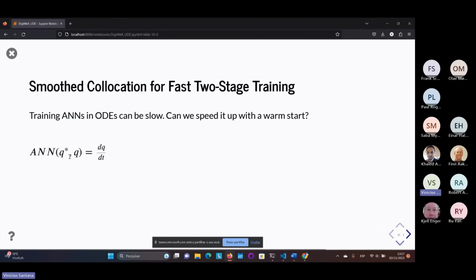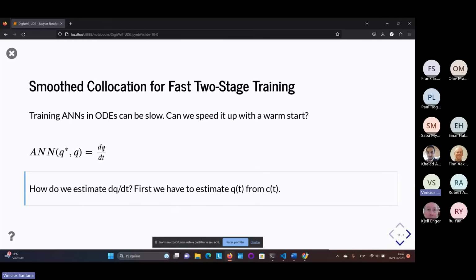If you remember well from our solid phase mass balance, I have neural network equals derivative. So if I somehow can construct a time series of the derivatives over time, and estimate these numbers, then I can move from a differential equation to a pure algebraic equation and pure algebraic training of the neural network. So how do we estimate these quantities?